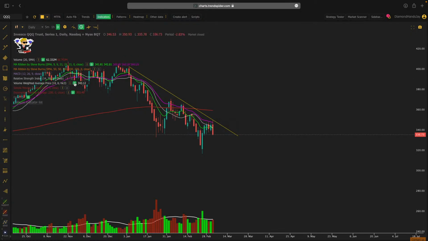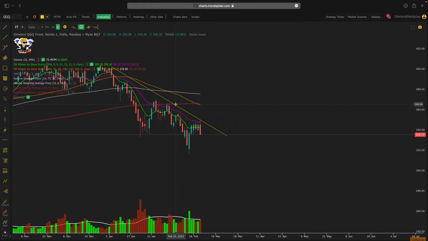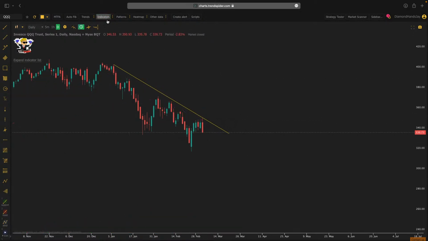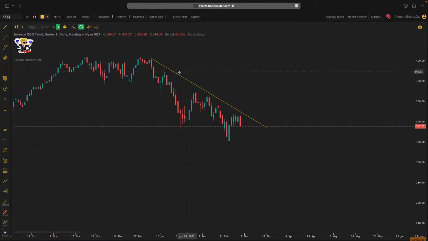Let me check the indicators, to be honest. Alright, so look, I put my other ones on. The 9 is the green, the purple is the 21, the 200 is the red, the 50 is the orange, and the white is the 100. So as you can see, we lost all the EMAs. So after this, what I like to do is